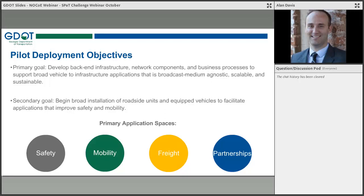Shortly after about that time, the SPaT challenge came about, and since we'd already been thinking about this space and wanted to be in it, we quickly realized how important it was for us to be a participant in that. So we jumped on board as an agency and developed these primary goals you see here about what we wanted to do with the SPaT challenge for us as an agency, not just in answering the challenge, but also where does this get us, what does this do for us, what does it take Georgia as a state